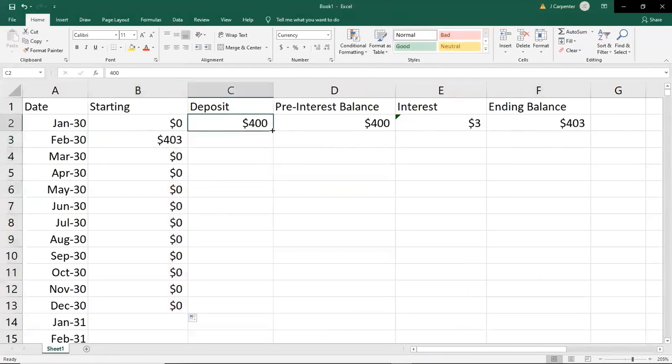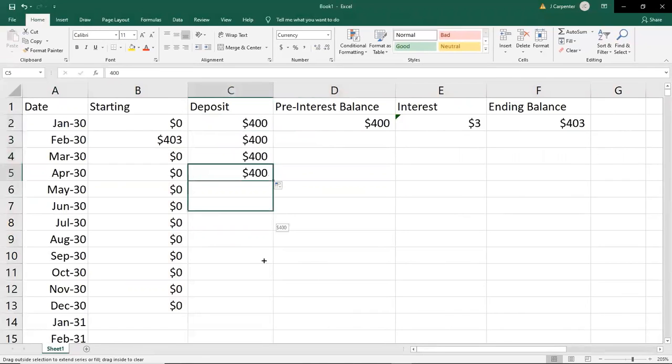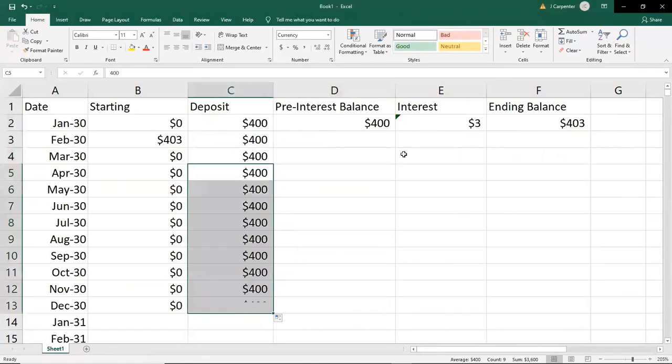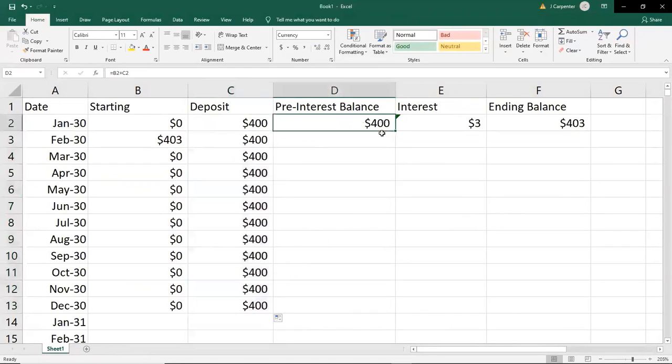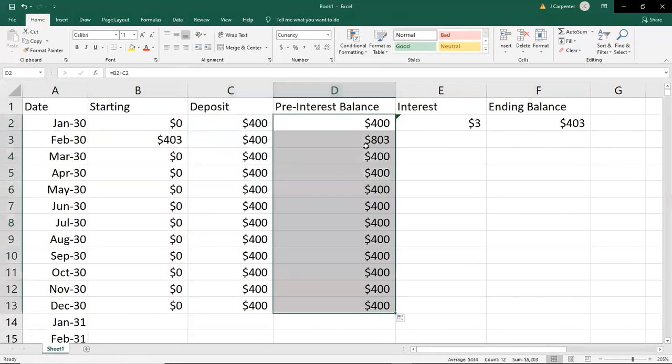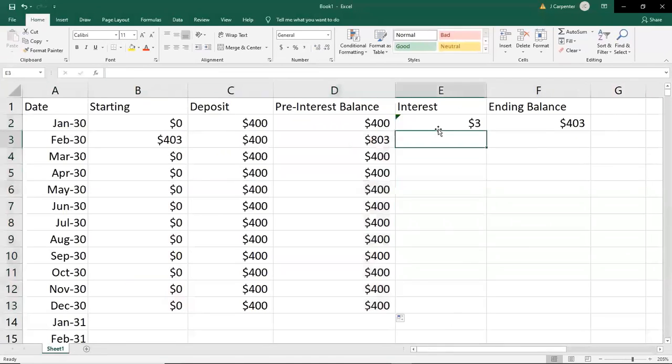Now this $400 deposit, if I drag this down, whoops, wrong thing. I just clicked the wrong thing for a second. And we can see all those are $400. The pre-interest balance is $400. Well, let's see if we drag those down. Oh, that one looks like 803, which kind of makes sense. If we had 403, then 400, we should have 803. The rest of these don't make sense yet because these are still zeros, but we can just keep dragging formulas